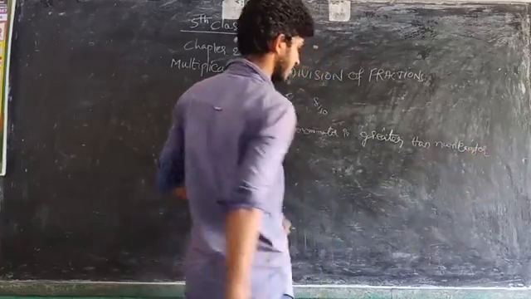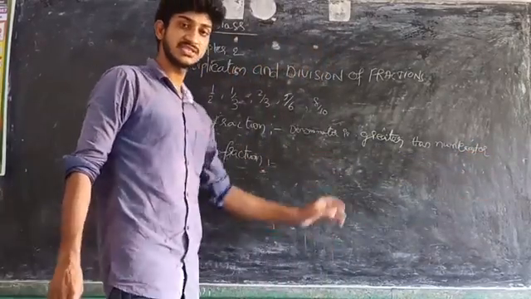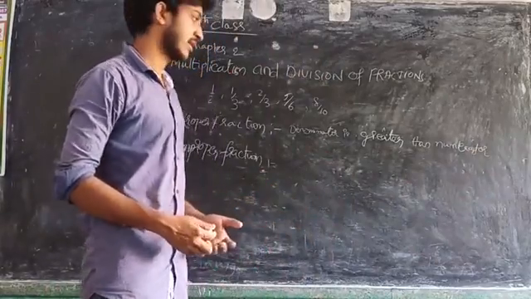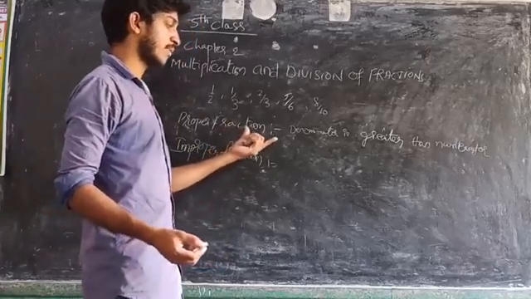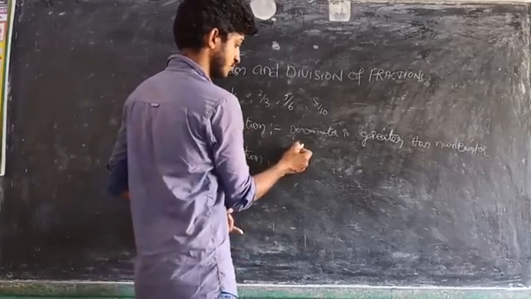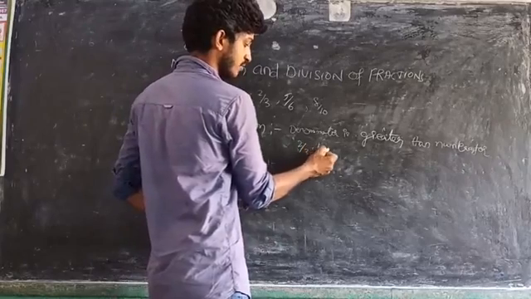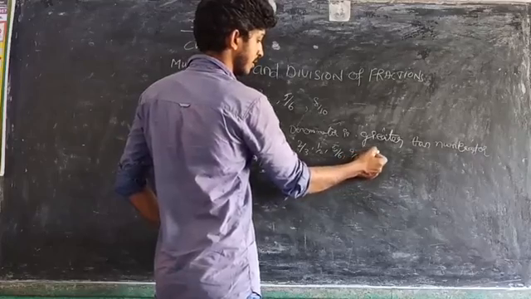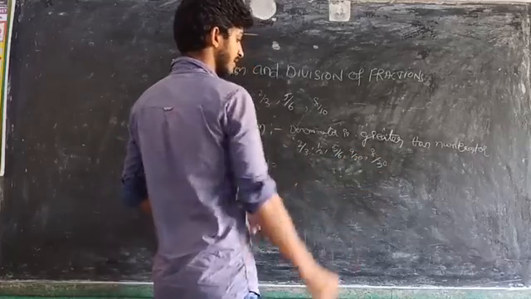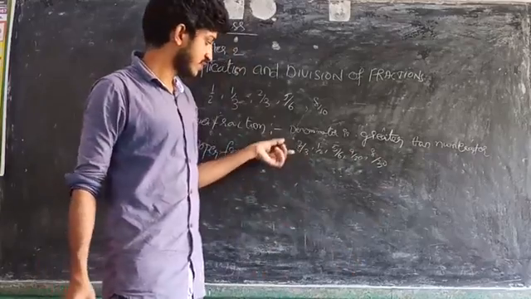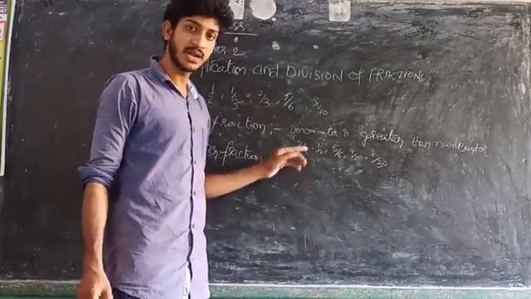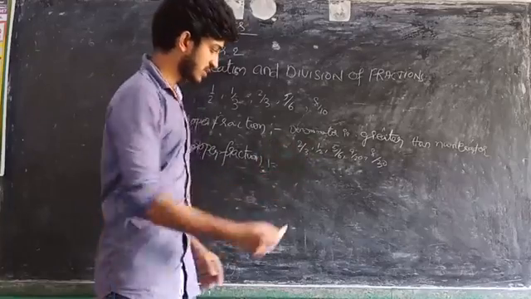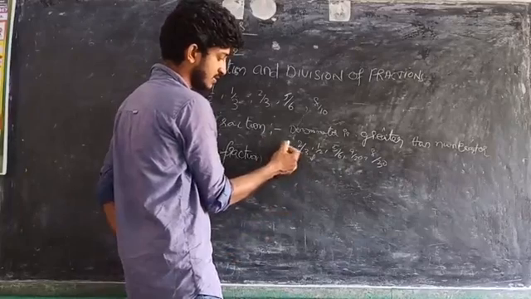Denominator is greater than numerator means the number which is in the denominator is always greater than the number which is in the numerator. Some examples of these proper fractions are 2 by 3, 1 by 2, 5 by 6, 9 by 20, 8 by 20, like that. Here, if you observe, this is the denominator. Denominator means the number which is under the first number. So this is denominator and this is numerator.